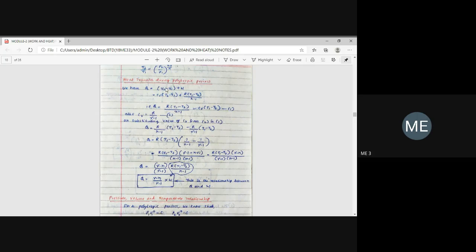Okay. So we are having this theorem in last module. I'll explain last module. Okay. For this module, just you remember the formula. Okay. CV into T2 minus T1. So delta U is CV. Okay. Don't take CP. It is always CV into delta T. CV into T2 minus T1.